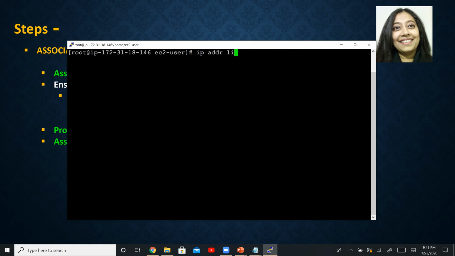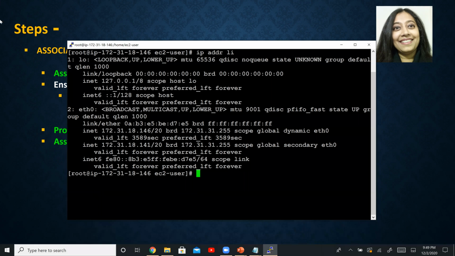And I'm going to run this very same command again. So let's see now what IP addresses are associated with this EC2 instance. So this is 46 and this is 41, the second one that we gave. So now both the IP addresses are associated with this EC2 instance.